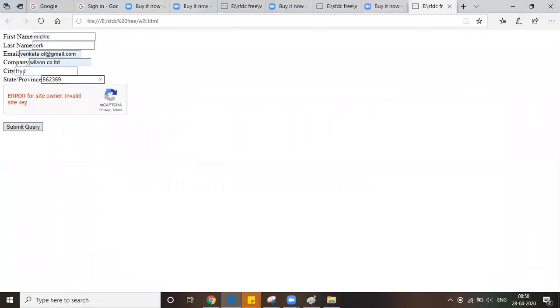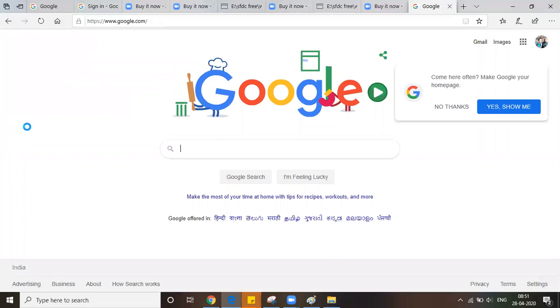I'm giving city Hyderabad. I'm generating a lead through the website. Once I submit this button, this lead will be created in CRM Salesforce, and this lead should be assigned to the Hyderabad team.